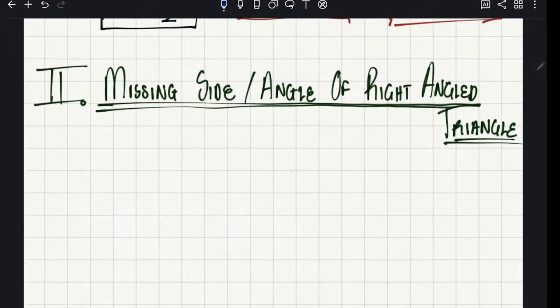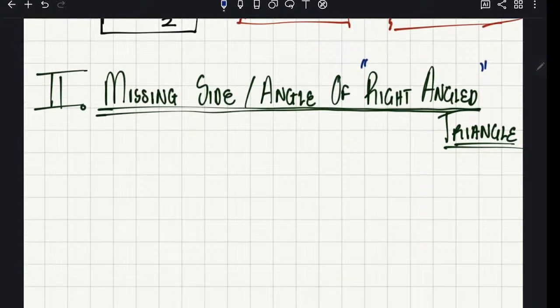Here, when you have a triangle with a right angle, we are studying triangles, and we want to see how we'll be solving. What everybody should know is that for triangles that have a right angle, this is the key thing. You are now dealing with a triangle with a right angle, and they are no longer asking you for area. They are asking for a missing side, or they are asking you to find a missing angle. Find a missing side? Yes. Or a missing angle? Yes. And you should know that when you are dealing with right-angled triangles,